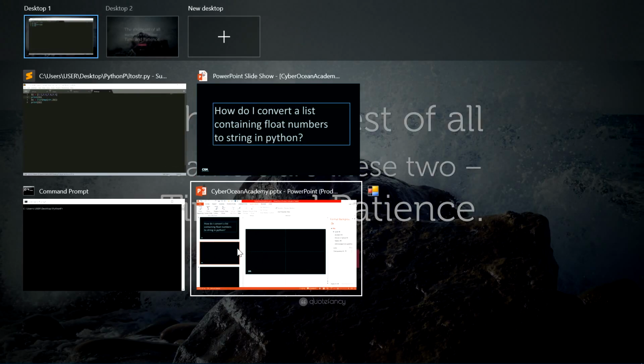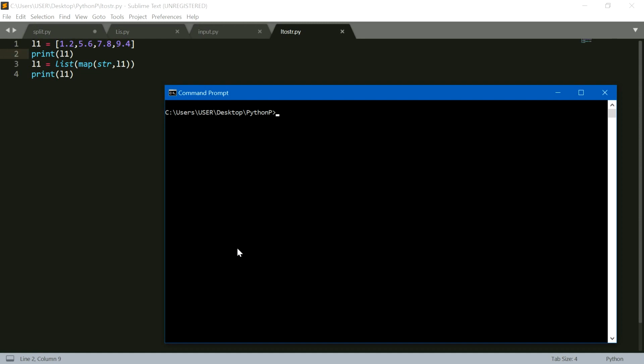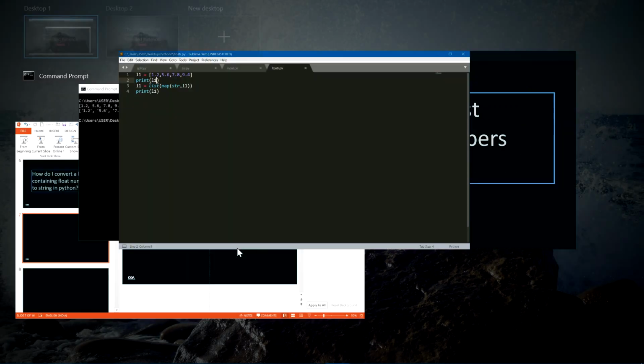And okay, just write the python command, python l2str.py. You can see that the first line is basically a list of float numbers, and the second line is basically a list of strings. Now we will convert this list of strings into a complete string. So just see how we can do that.